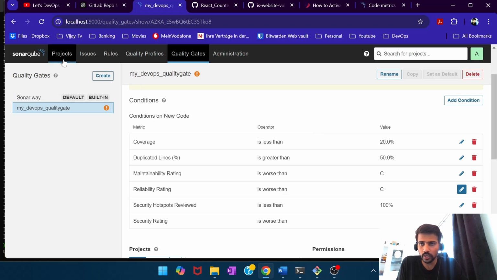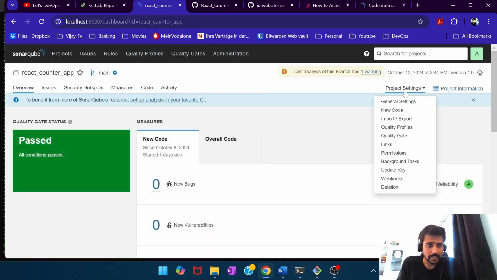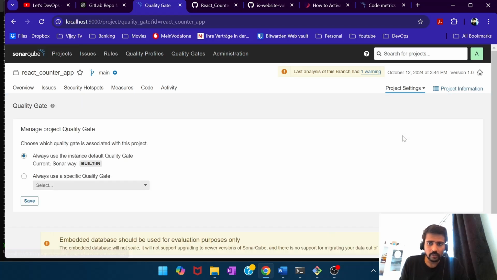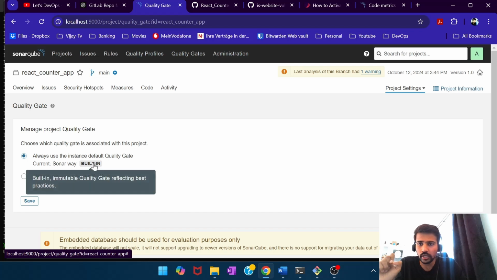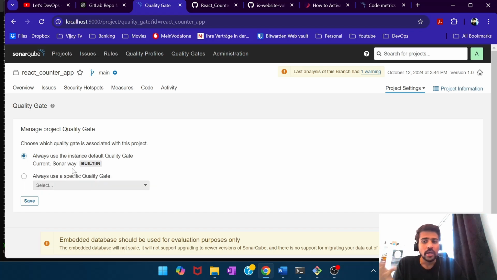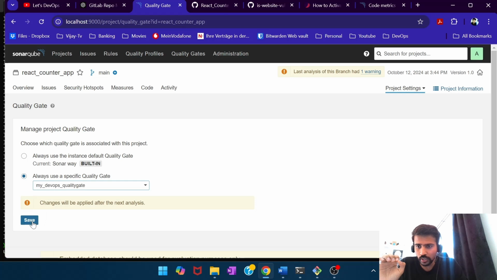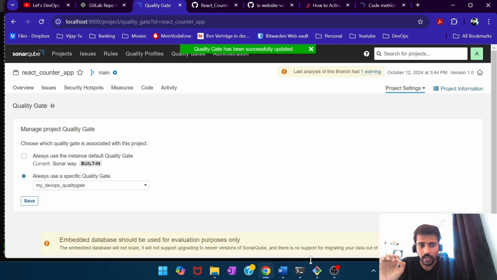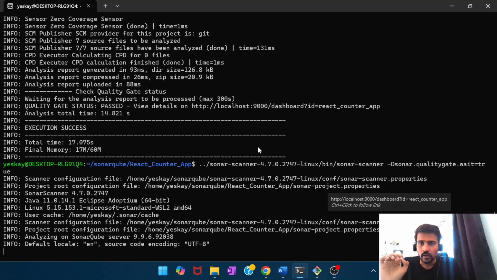So if I go to my project, and if I go to my project settings, you see quality gate. If I click that, it says always use the instance default quality gate, which is Sonar way. Now I want to use the custom quality gate, which means I choose this and I choose my DevOps quality gate and then I hit save. Now, if I go back and then rerun,